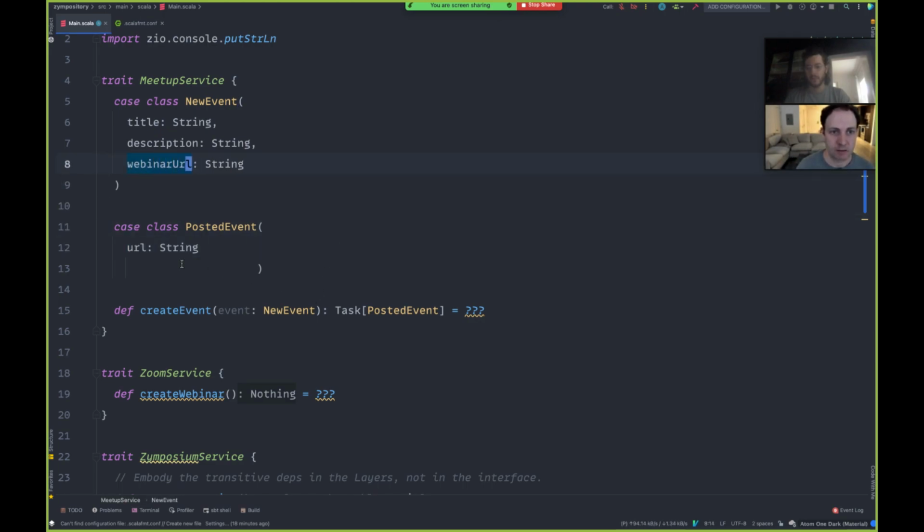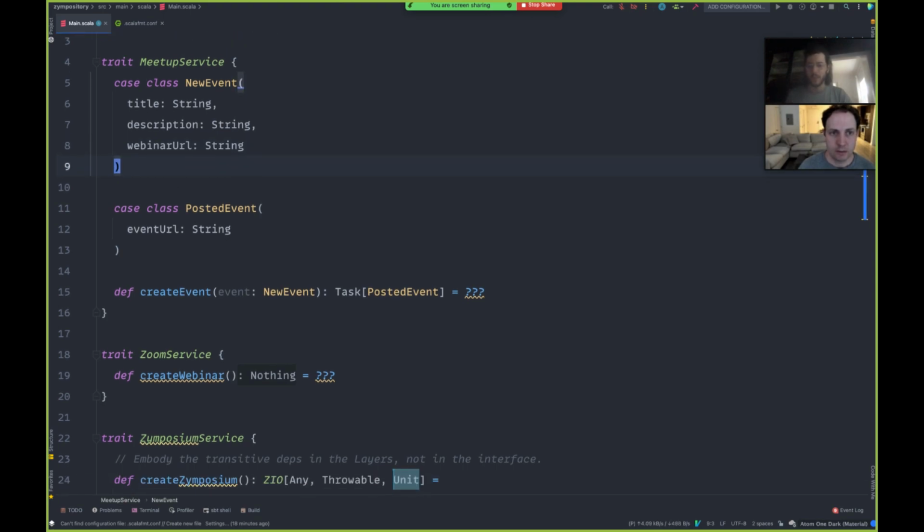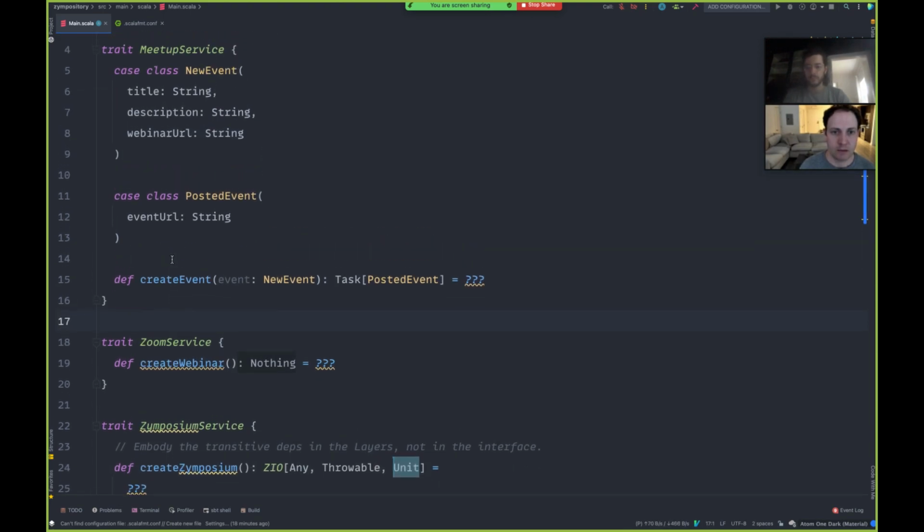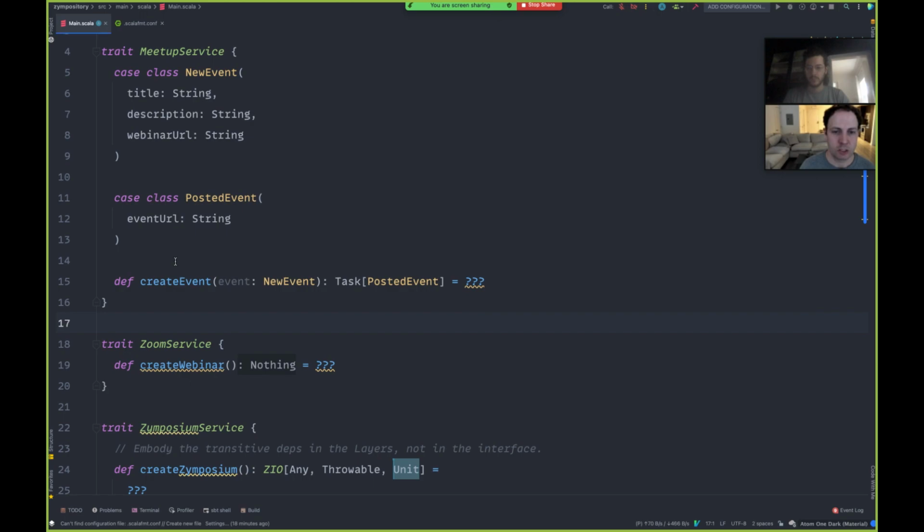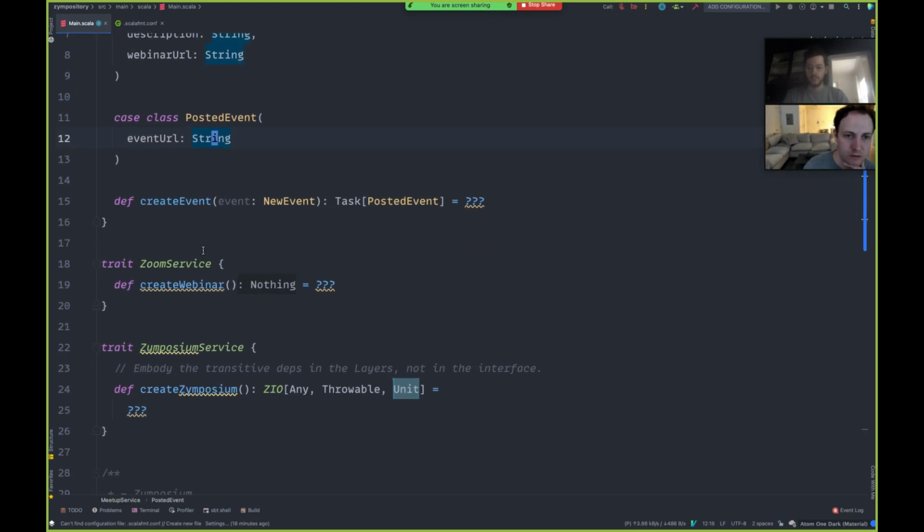Yeah, so I think that makes a ton of sense. The webinar is just the event's URL. Yeah. Really, that's all we mostly care about. Maybe the ID. If we want to do stuff with it later, we can add to it now. But as far as we care about right now, we want to abstract the level of events that we are concerned with. Okay. Yeah. And then I think that potentially indicates that posted event should also be returned by the Symposium service.